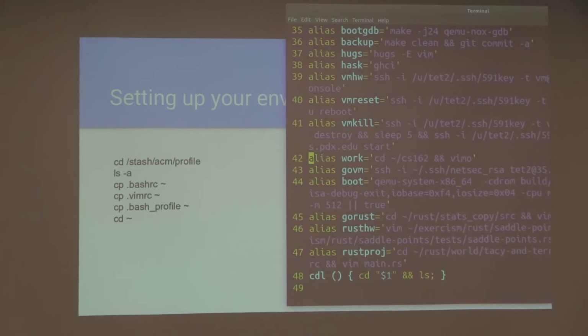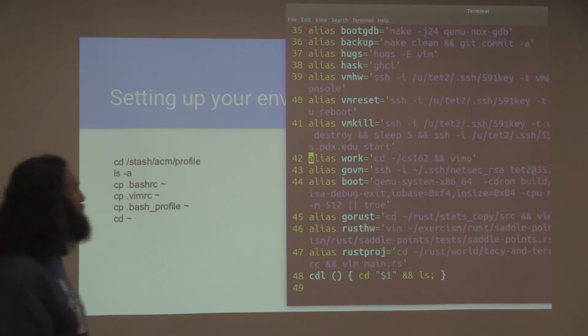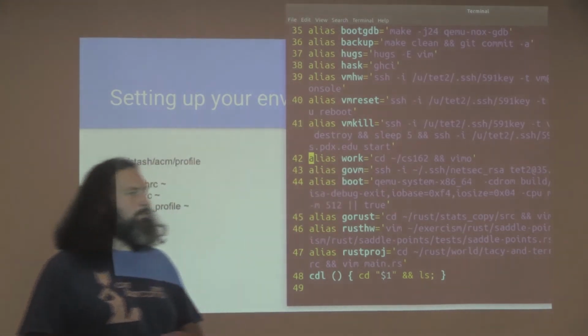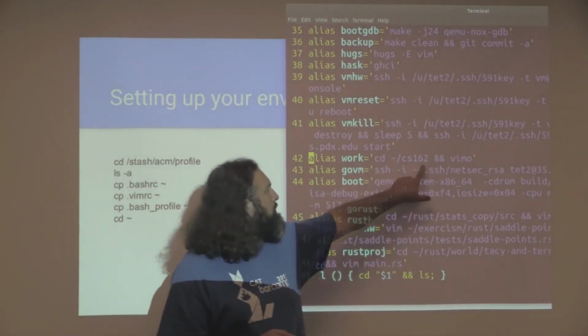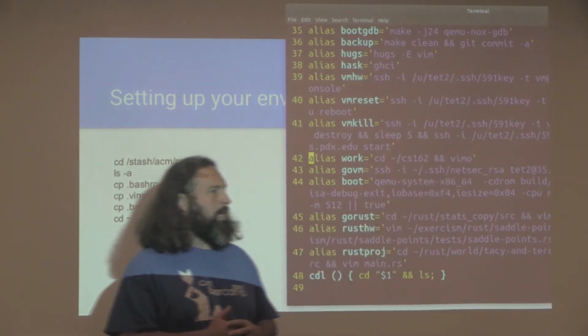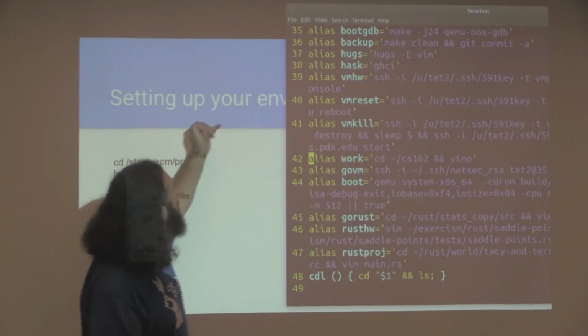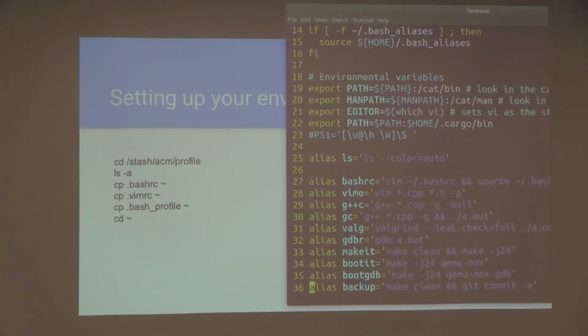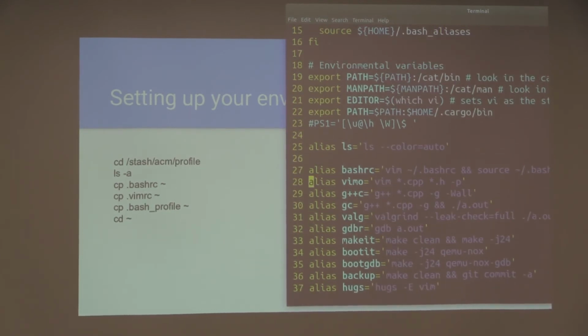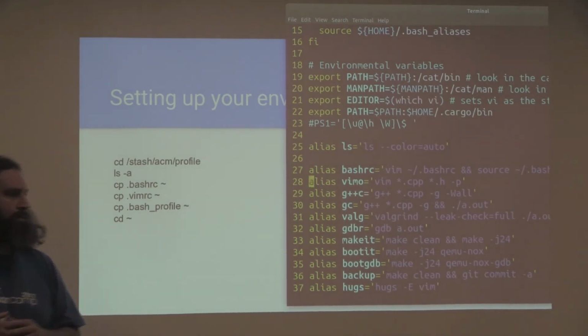What I want you to get in the mindset of is, why would we do that every single time we sit down to get to work? Instead, sit down at the computer and type work. It's going to take you to that directory and then run this command, the command we talked about before, right here on line 28, which opens all of those files in tabs.